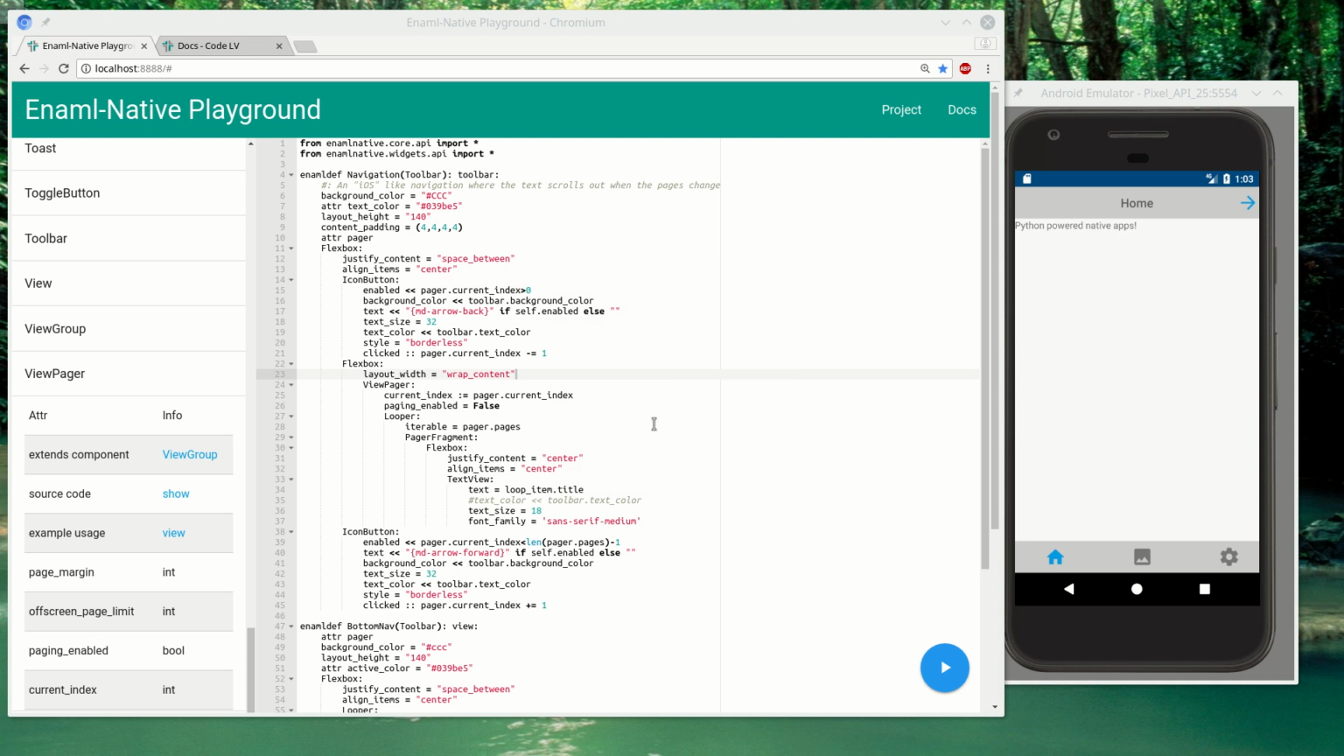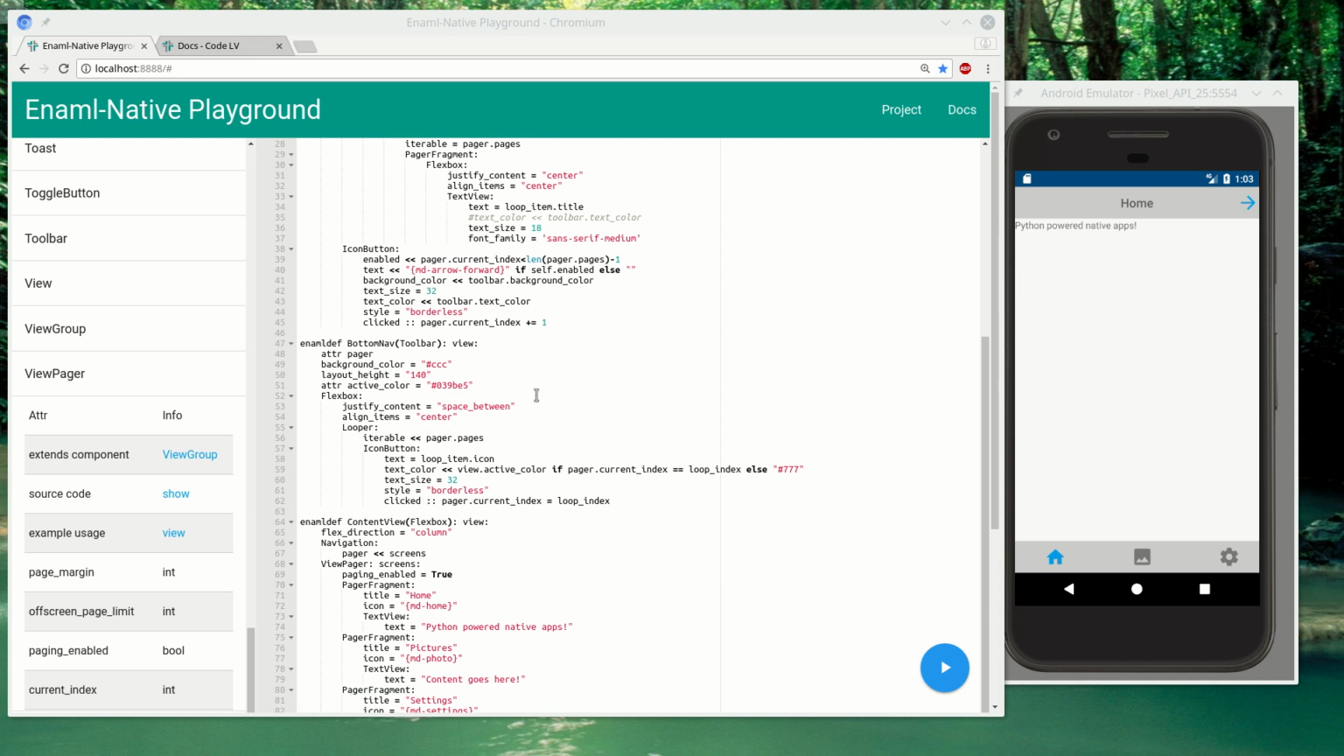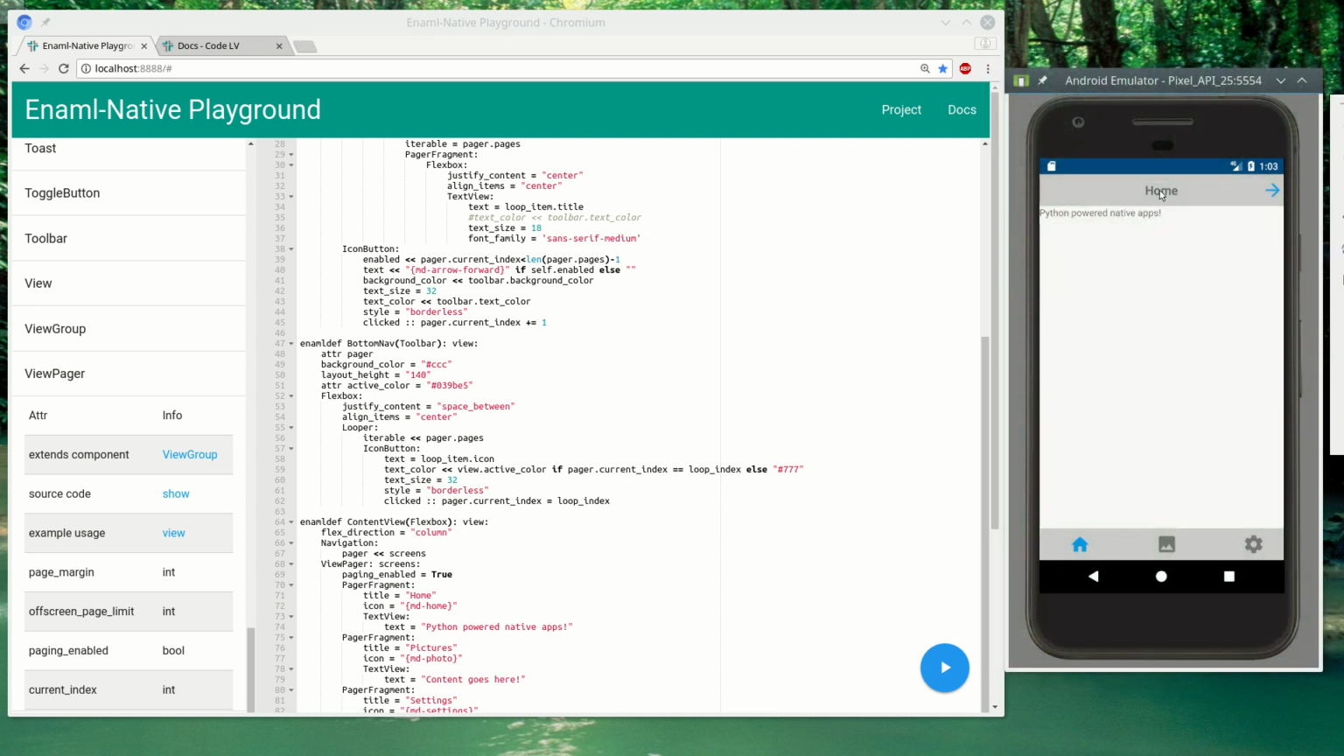Alright, what's up guys? I want to show you a little tutorial on the view pager in Enaml Native. So the view pager just lets you scroll between different screens. So I made a simple example that has a navigation bar at the top and a little menu bar at